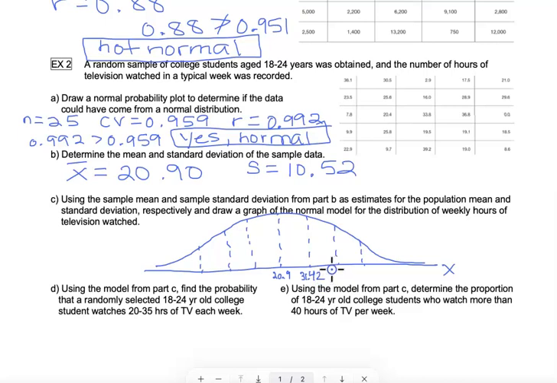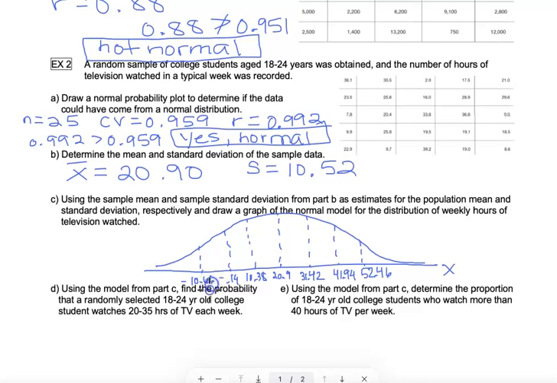That gives me 41.94. And then one more time, 10.52 gives me 52.46. On the subtracting side, 20.9 minus 10.52 gives me 10.38. Then I've got negative 0.14. And then I've got negative